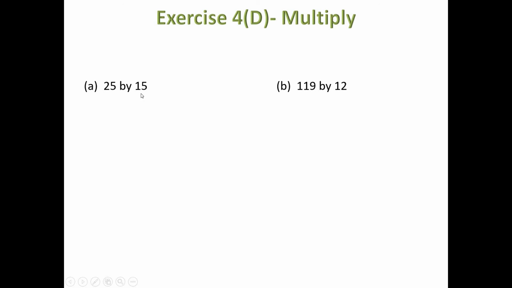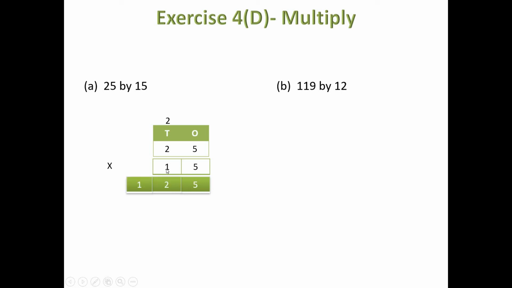Next we have is 25 by 15. So how are we going to write it? 25 into 15. So first let's multiply 5 into 5, 25. 5 2s are 10, 11, 12. Write a 0. 1 5s are 5 and 1 2s are 2. Now add 5 plus 0, 5. 2 plus 5, 7. 1 plus 2, 3. So this example I've taken from exercise 4D for your revision.